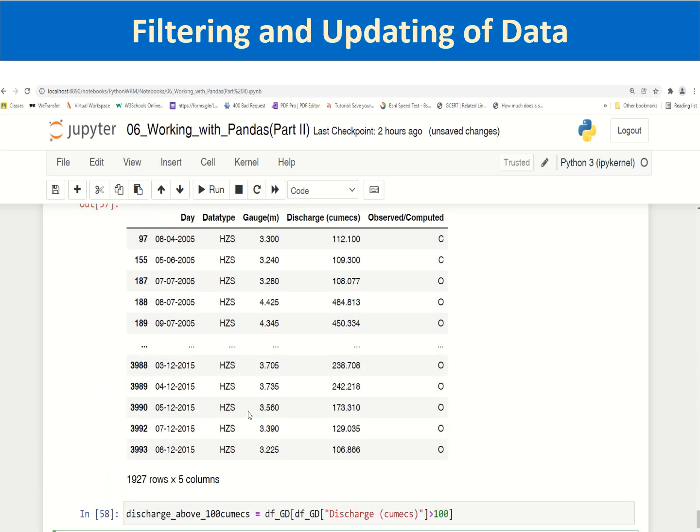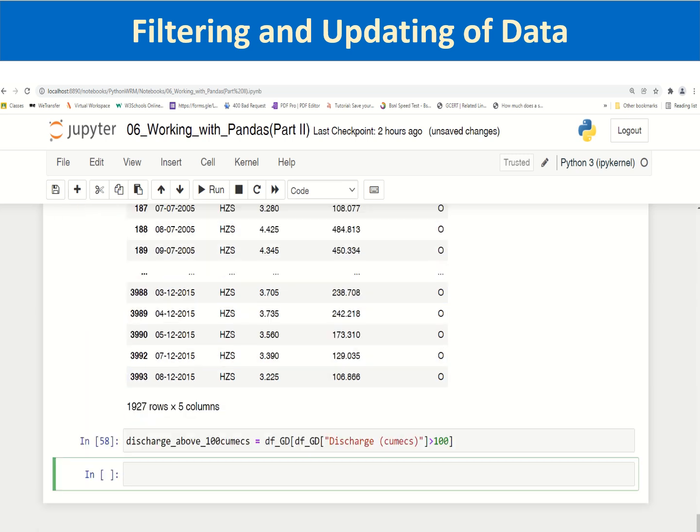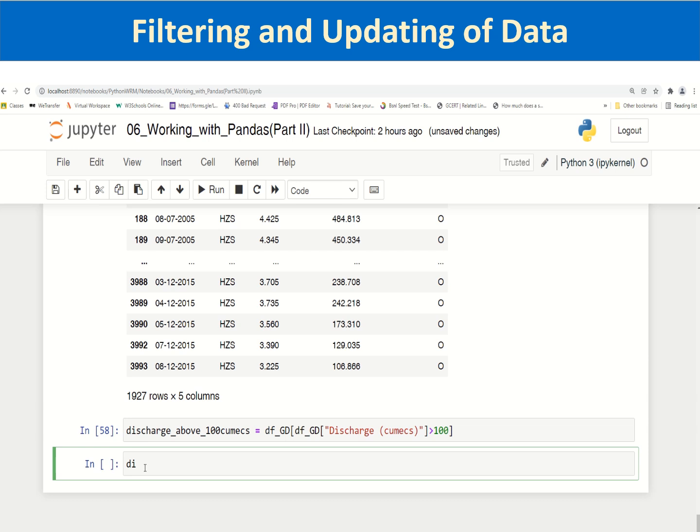You can also reset these values of row labels by using the function on discharge above 100 qmax. This is a data frame now, a subset of the original data frame